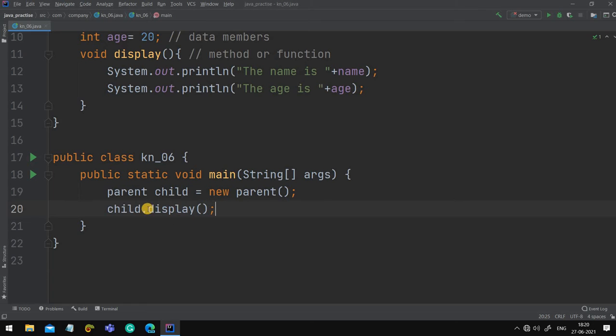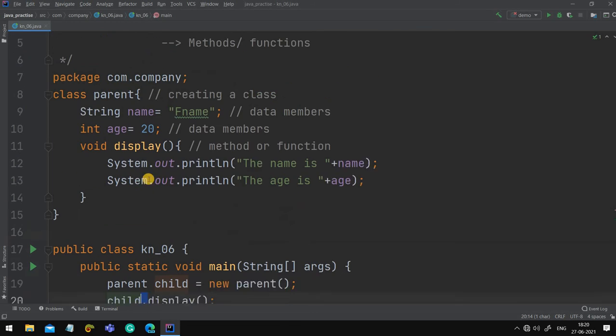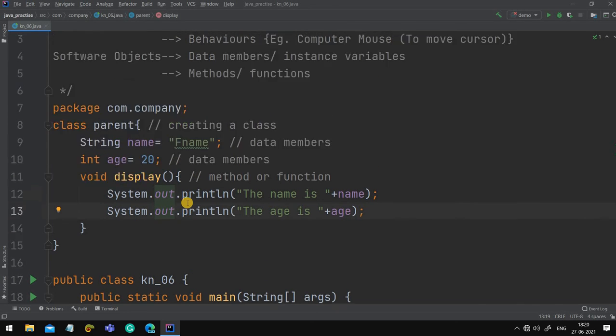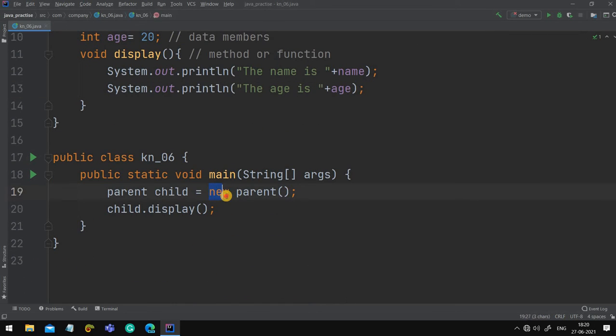This is the method of my class. What is dot? Dot is an operator which is used here. For methods it is used, for System.out.println it is used. It is an operator, remember it. New is to give it a new memory or a new location.